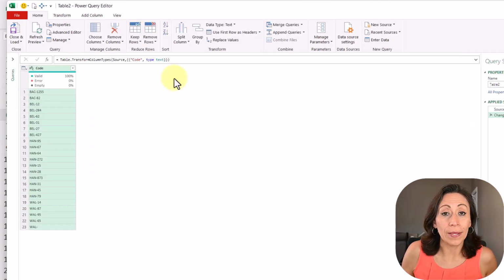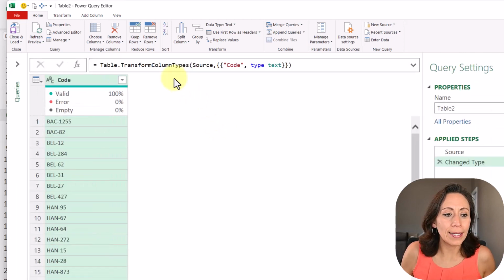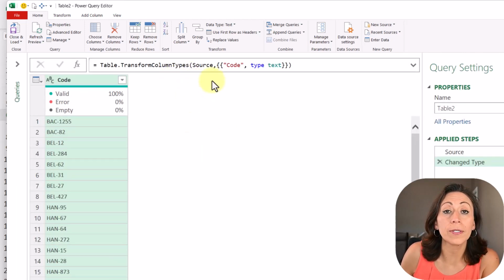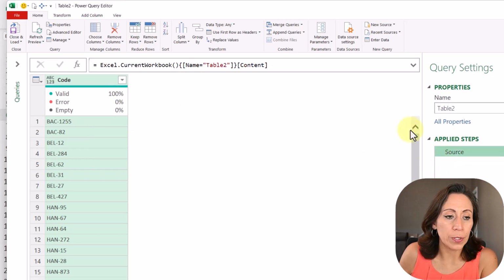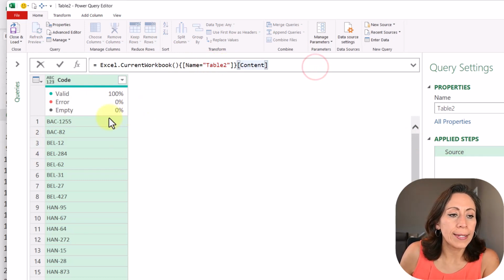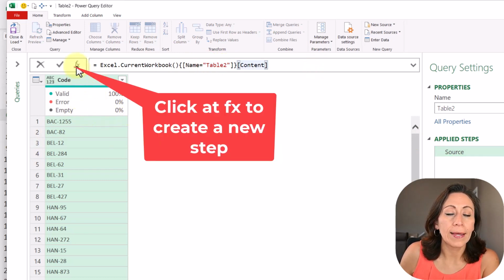That's the only column that this table has. And there we go, Ctrl+C plus to zoom in. Power Query changed the data type on this step. I'm going to remove that. I don't need it. I keep only my source step, which is the table, here, Table 2. And I'm going to add another step